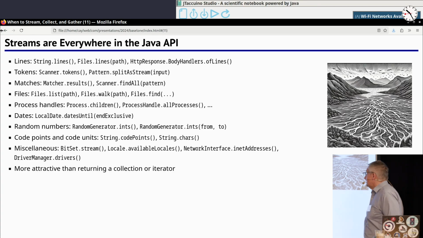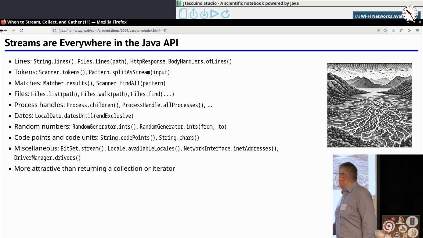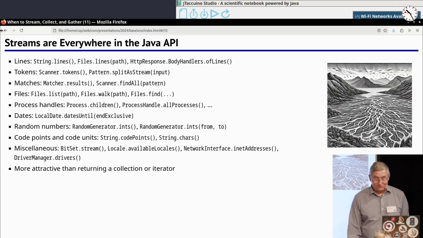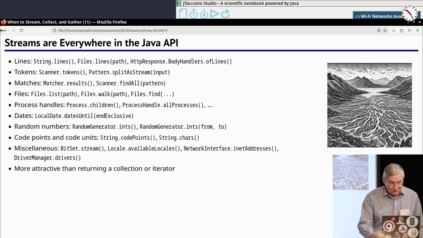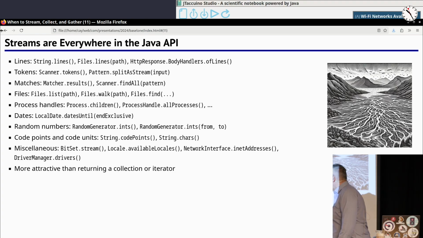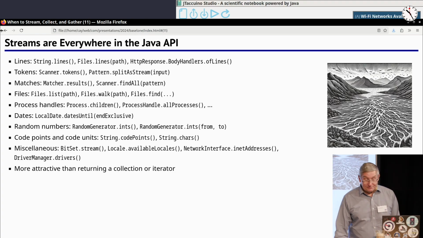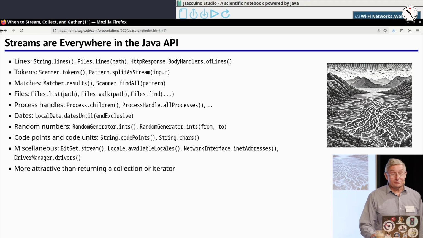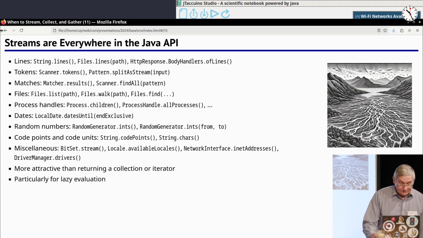Now, why do they do that? Well, they don't necessarily want to give you a collection back because they figure it might be heavyweight, or you might not want to be tied to java.util, although these days it's probably a bad argument. It used to be sometimes in the old days they would give you an iterator, but that's also kind of tedious, right?